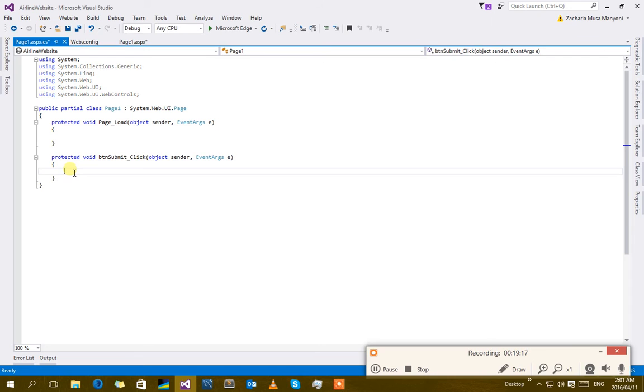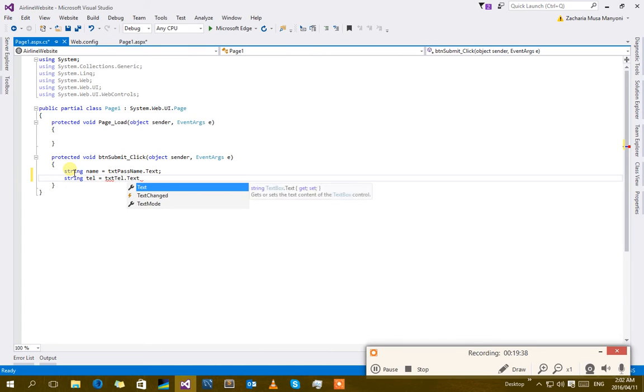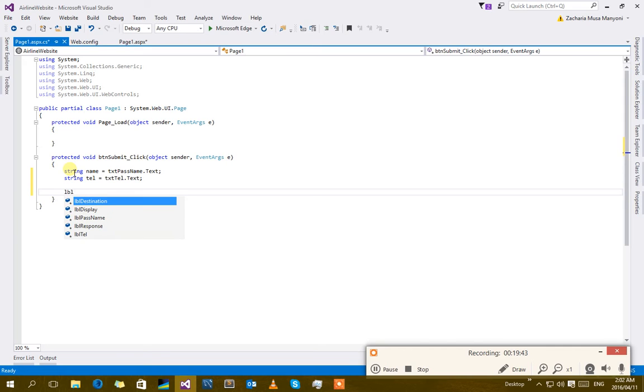I'm just going to double click it and define two variables, string name equals txtPassName.Text, and then string tell equals txtTell.Text, and then I'm just going to display lblDisplay.Text equals, first greet the passenger with their name,